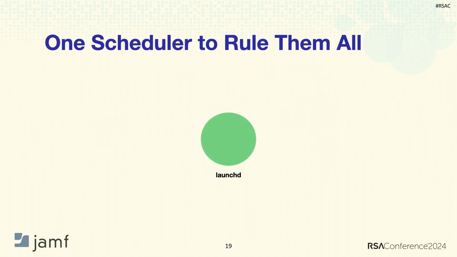Another item that makes things difficult to understand in the macOS ecosystem is launchd. launchd was added to the ecosystem in 2005. It's meant basically to be this ultimate scheduler that could handle the booting of system launch agents and daemons, as well as replace a lot of the various scheduling software that came with the BSD side of macOS at that time. So your things like cron, your things like at, your RC scripts, the scripty-like stuff. There's a ton of moving pieces to it. It's all kind of plain text.